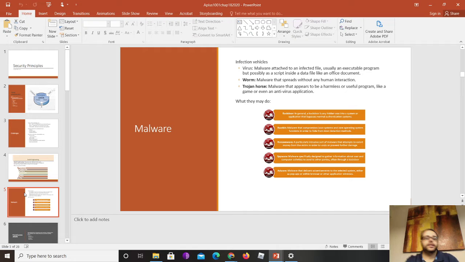Now, what this malware can do, you have several different things that they can be. They can be a backdoor, which basically gives a hidden access into your system without the need for authentication. And typically, this access is going to be with admin credentials, so some hacker out there is going to be able to go in your box with admin access and do whatever they want. And you're not going to know about it unless you really start looking at your traffic.